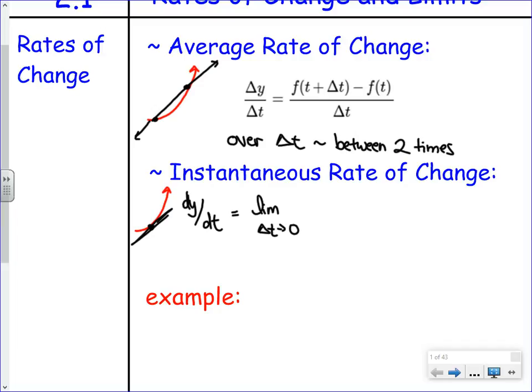Right, because delta t is the distance between the two points, and I need the two points to get infinitesimally close. But I could go ahead and still use that difference quotient. Which is the exact same thing as the definition of the derivative f prime of t, hence why I have dy/dt. Now, just because I can, and just because the AP does, what if I was to ask you